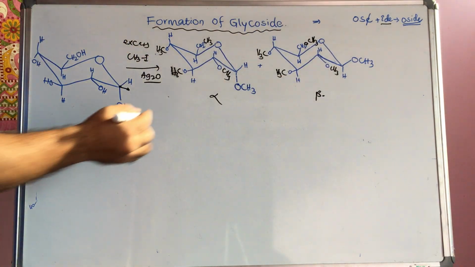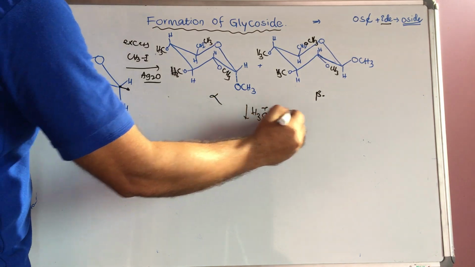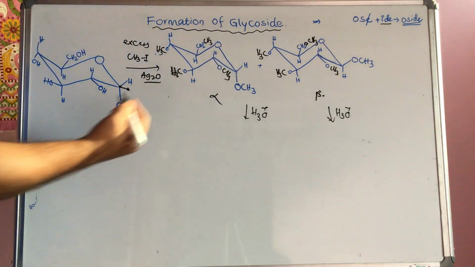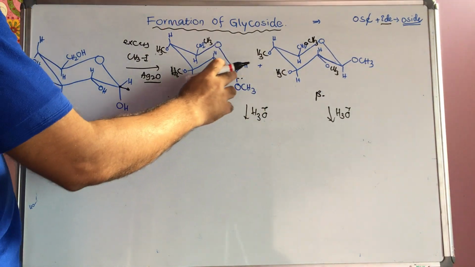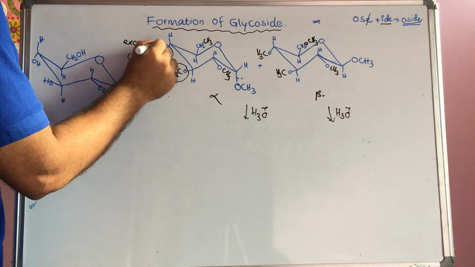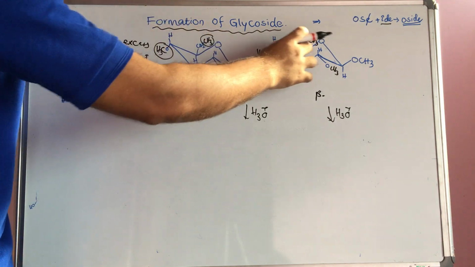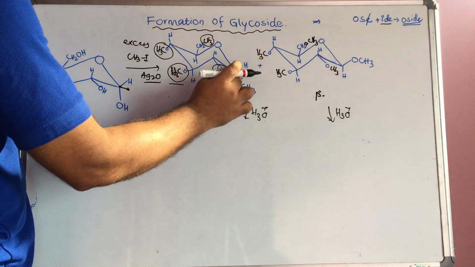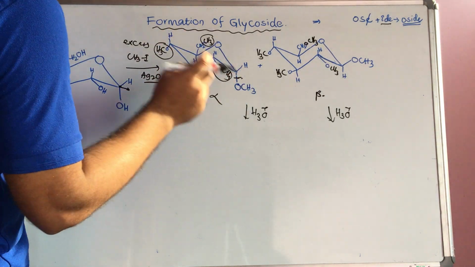Keep in mind, if you take the hydrolysis reaction in acidic medium, H3O plus, aqueous acid, then only this bond will be affected, the remaining alkoxy groups will not be affected. How many are there? These 4. So here also 4. These are normal ethers. This is the acetal ether. So this acetal ether will be affected.